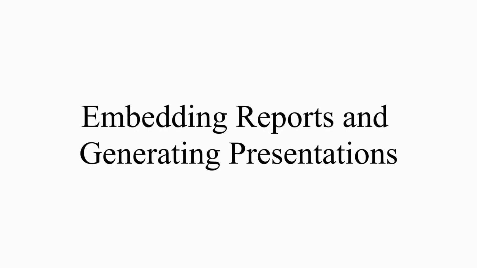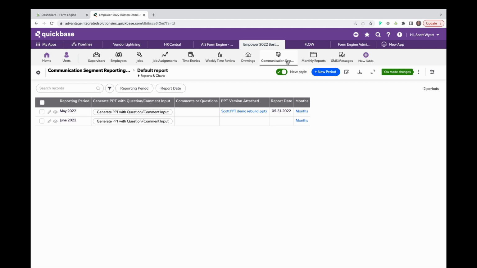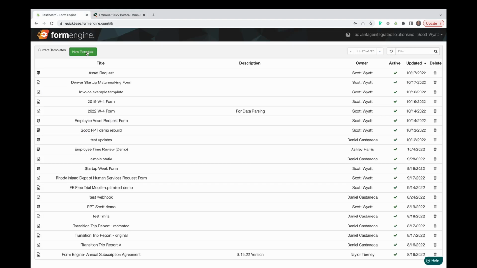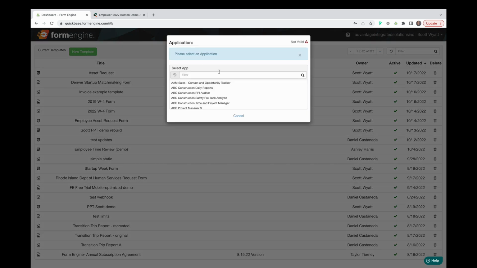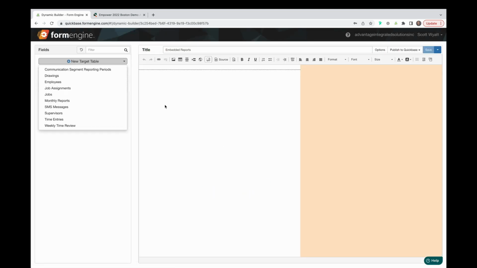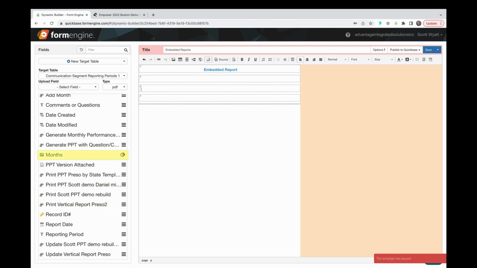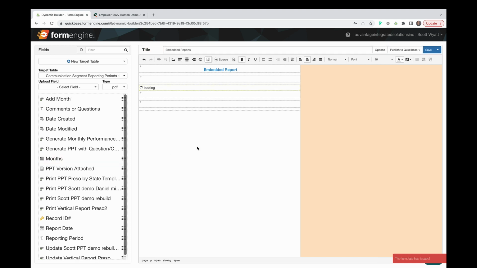Embedding reports and generating presentations. I'll show you how to embed child reports in dynamic documents here. I have these child records that roll up to a monthly parent record, and I want to embed them into a dynamic form. I create a new dynamic form to the parent record. I'll just give it a quick title and some formatting, and embed the child report in it by inserting the months from the fields list, which is